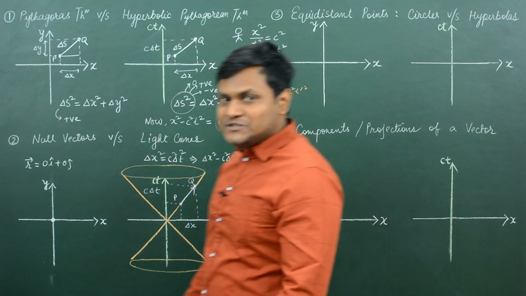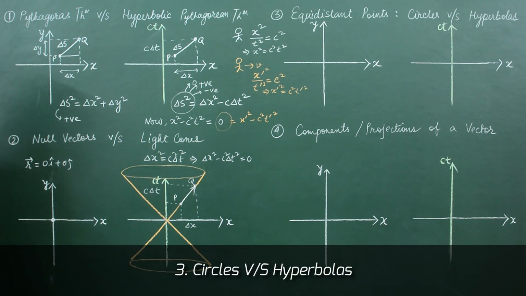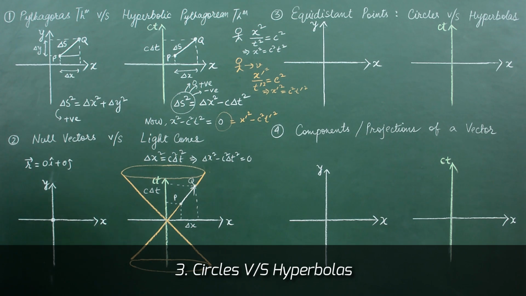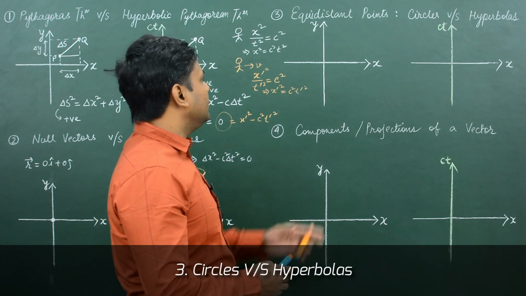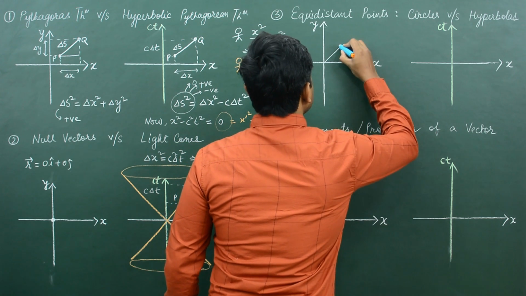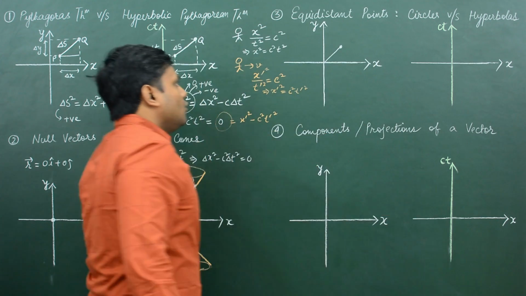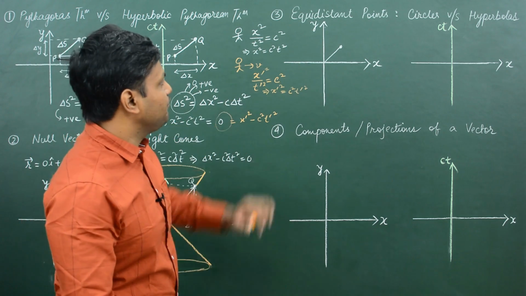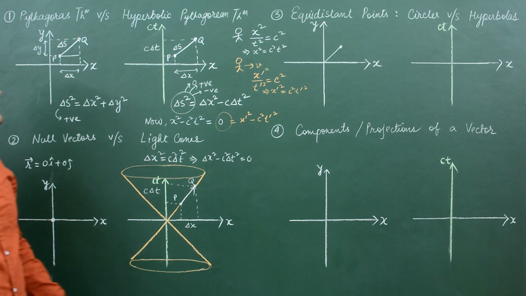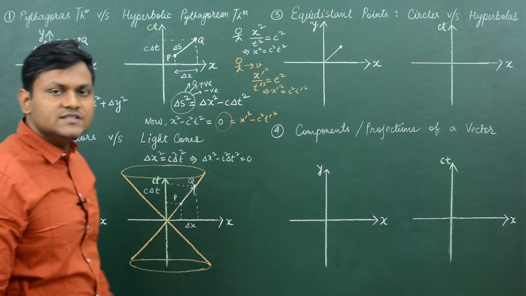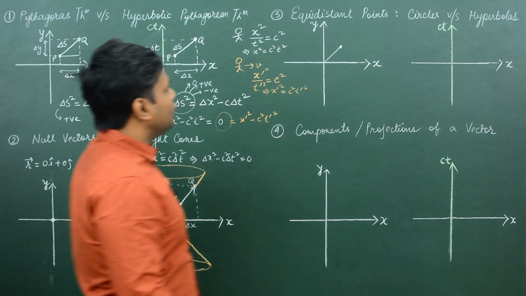All right, let's move ahead to the next point. Now, again, we have the Euclidean space here. If I want to draw a vector from the origin of the xy plane, let's suppose I have a vector like this, a line segment here. Now let me ask you a question. What is the locus of all the points that are equidistant from the origin? Or I can also say, what is the locus of all the points which are at the same distance as this particular point? The answer is very obvious. It is a circle. So if I draw a circle here,